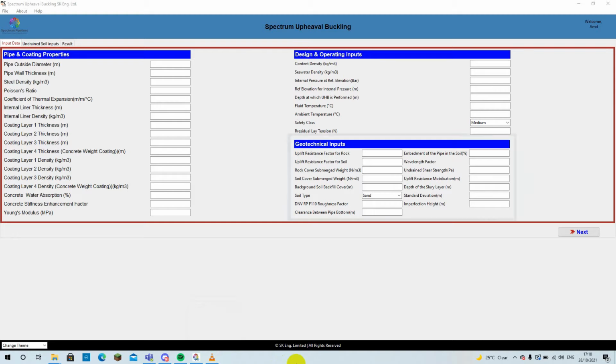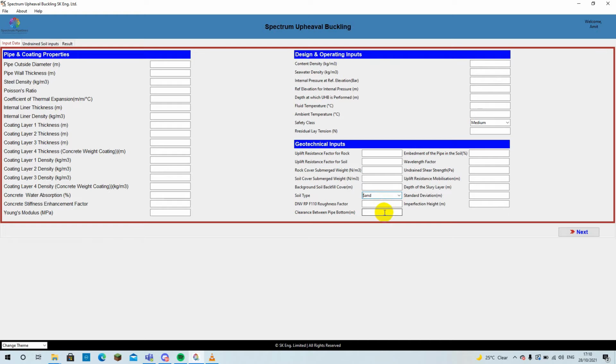We then enter the geotechnical inputs, such as soil type, which could either be sand or clay, the uplift resistance factor for soil and rock, the submerged weight for soil and rock, the background soil backfill cover, and the DNV-GL-RP-F110 roughness factor. The user also needs to specify the clearance between the bottom of the pipe and bottom of